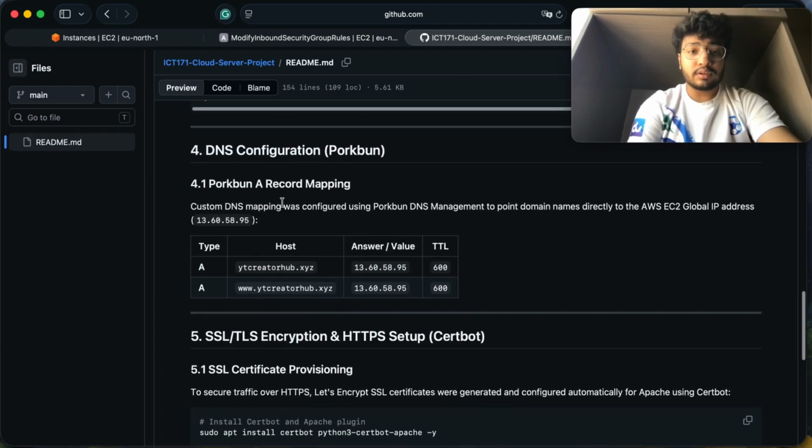Here you can see the DNS configuration. Nobody wants to remember a raw IP address like 13.60.58.95 to open a website, so I bought the domain ytcreatorhub.xyz on Porkbun. To link my domain name directly to the AWS server, I have to configure DNS A records